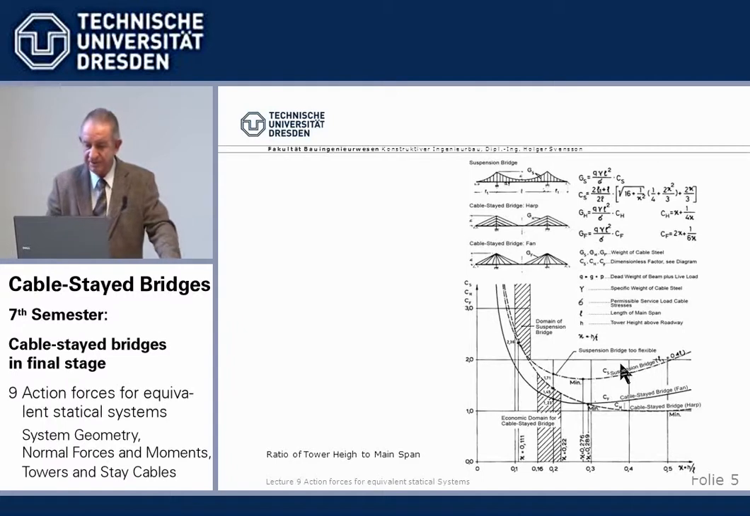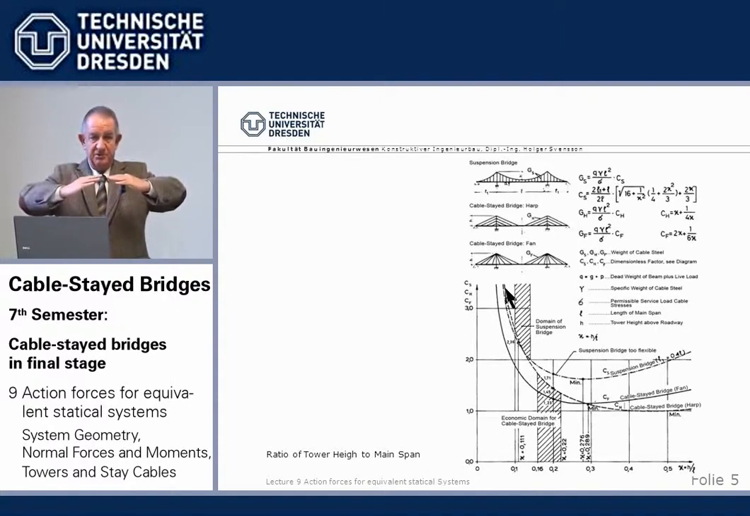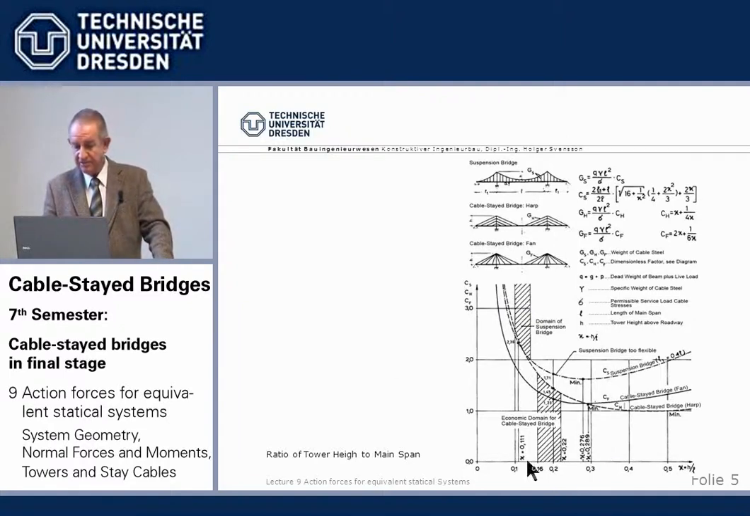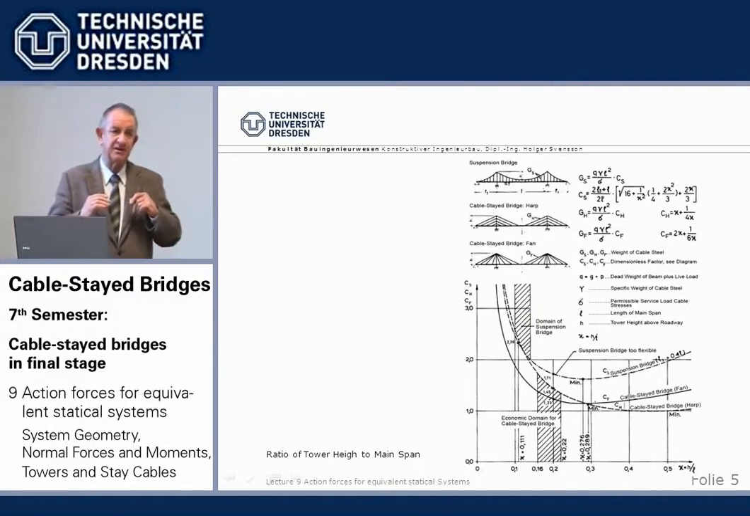And if we go in this curve, kappa is the ratio of tower height to main span length, and here are parameters for the total amount of cable steel required. Then we see, if we have very low towers with flat cables, we need a lot of cable steel to carry. And then we come here in the range, the absolute minimum is somewhere here, 0.4, 0.5, which is understandable, because